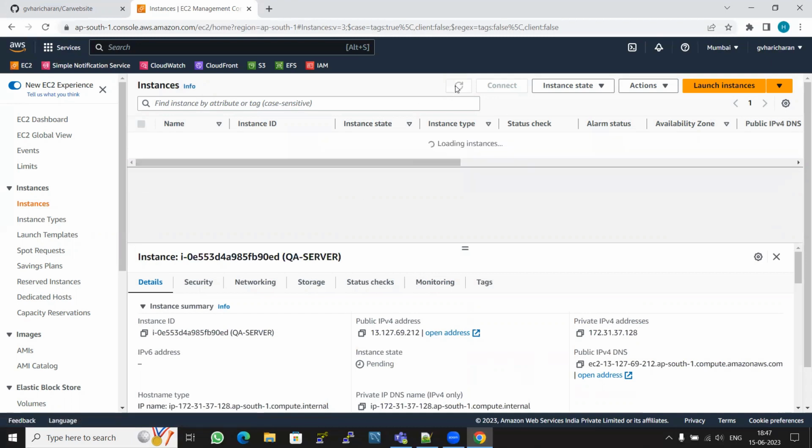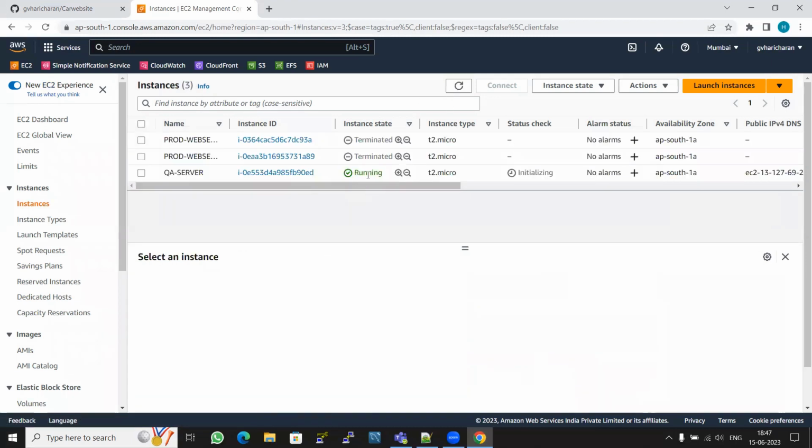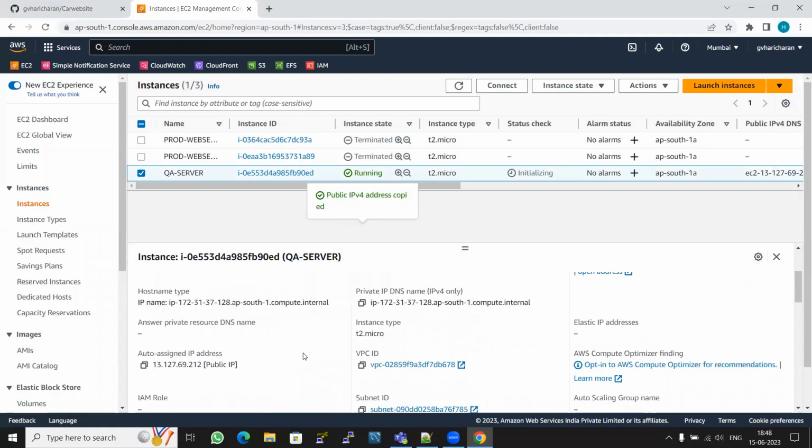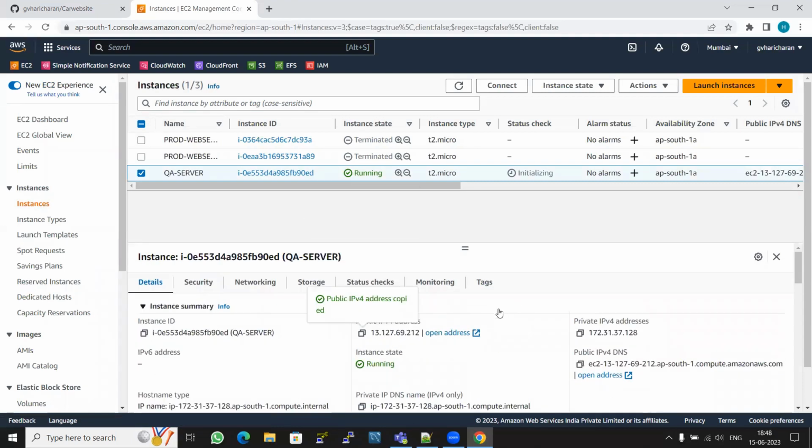So let us wait until it becomes running. Okay, now it's in running state. Let's click on it and you can see the public IP address. Using this IP address, we can log into the server. Of course we are using Linux OS inside this server. The root volume has all the OS related library files. So we'll be using